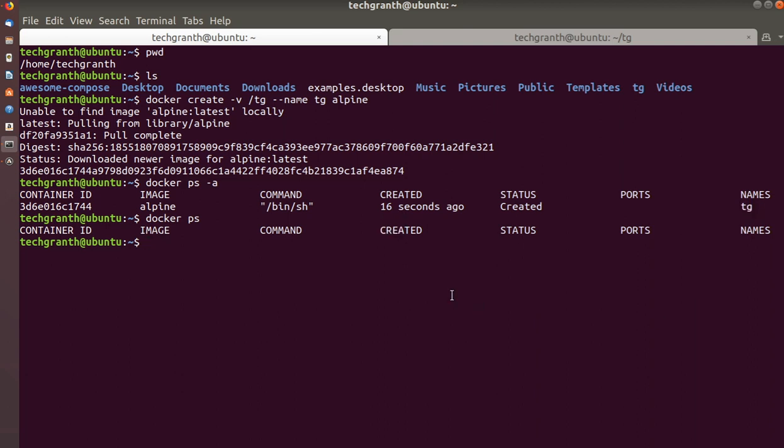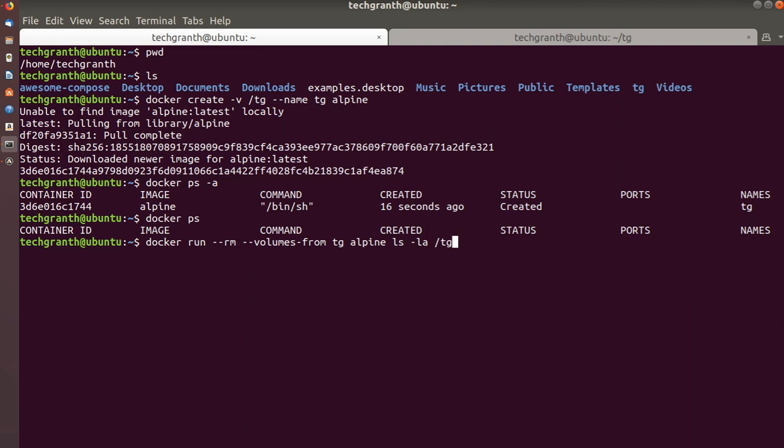So now let's create another container where we will use this volume. Okay, so docker run --rm --volumes-from, and the volume name tg, then the docker image, and after this we will use the command ls -la /tg.